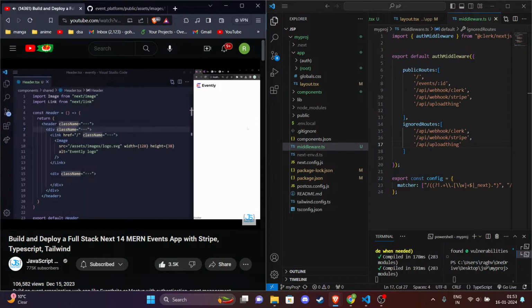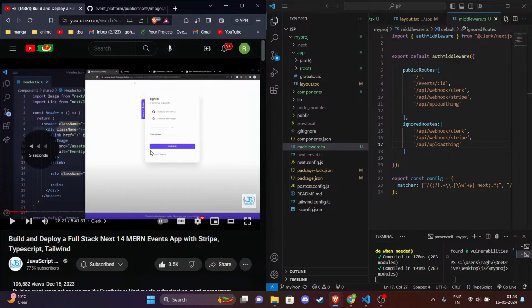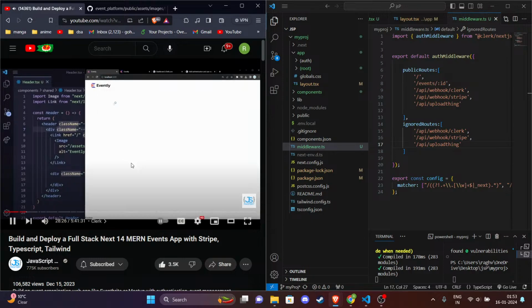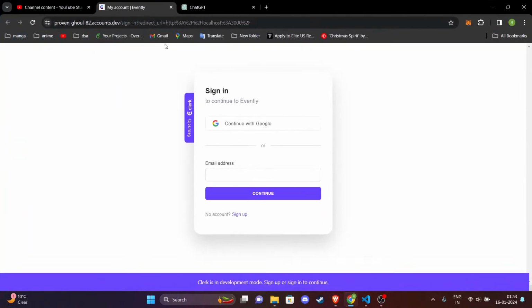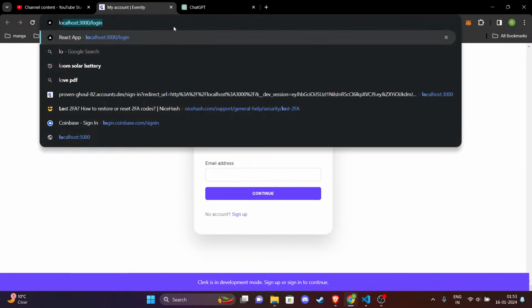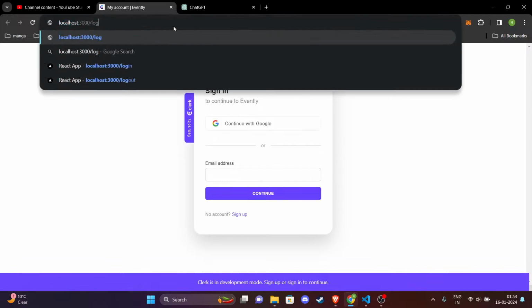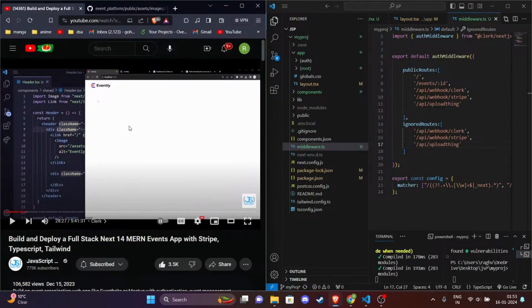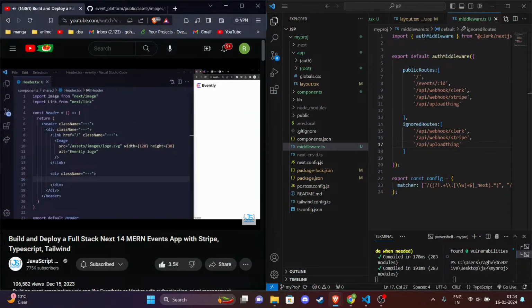So let's collapse this back and let's utilize the Clerk package we have installed. We can do that by